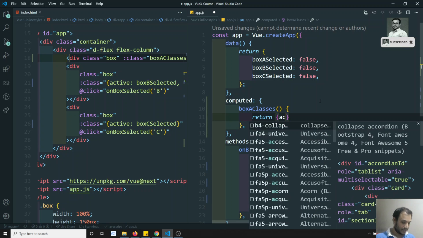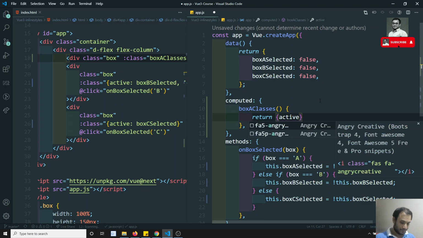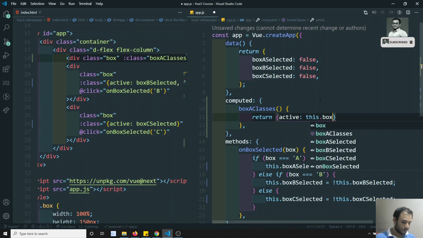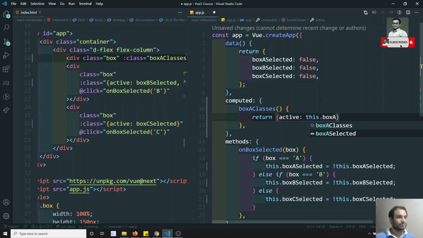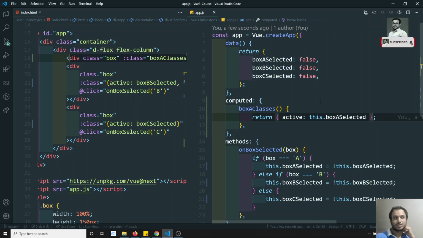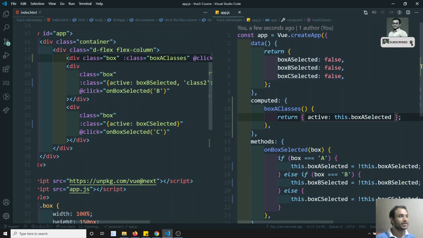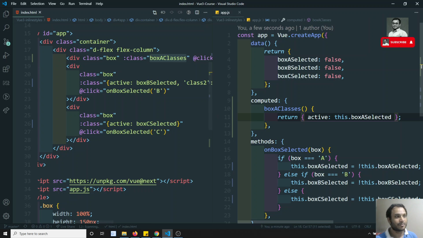I can send active and this.boxASelected, we can simply use this one. So now I can write the computed property directly here, so that this class can be applied automatically whenever the box selected is changed. So this object can be changed.